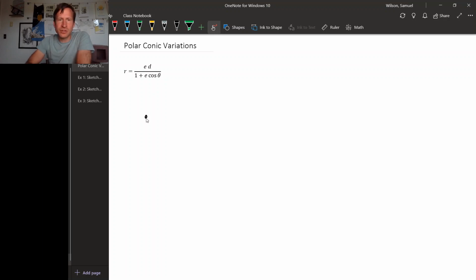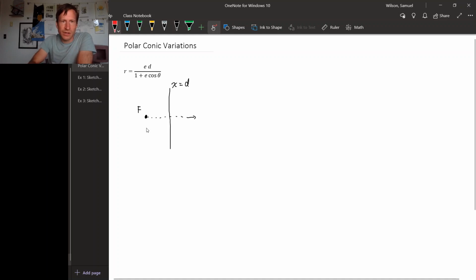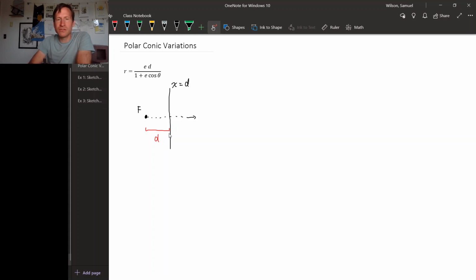This was the situation where the focus was at the origin, the positive x direction is going to the right here, and our directrix was a vertical line, x equals d, and this was d units to the right of the focus. Okay. So there are a couple things you might change about this setup, and they give you slightly different equations